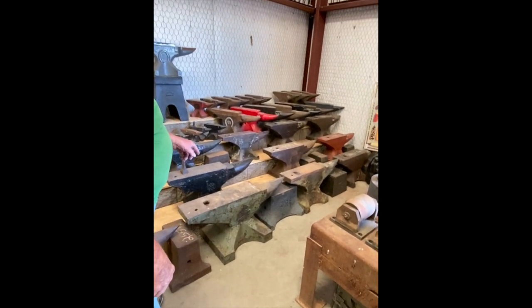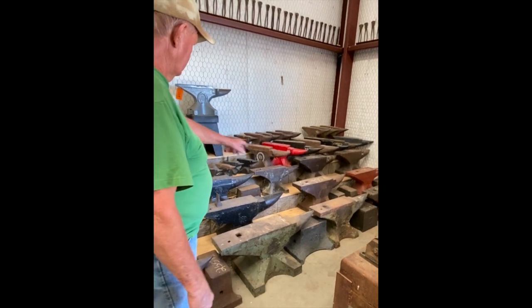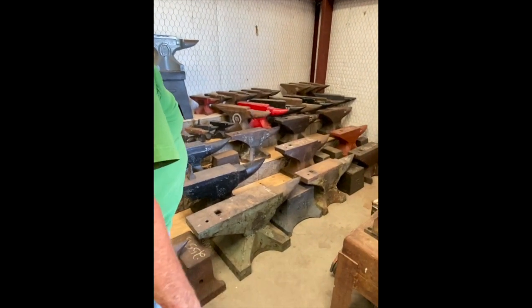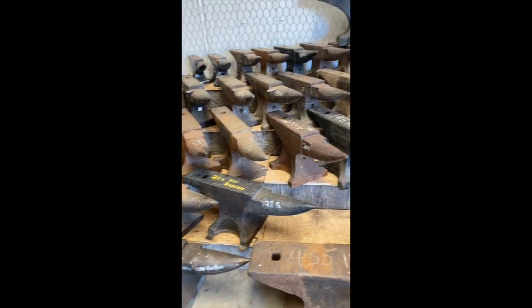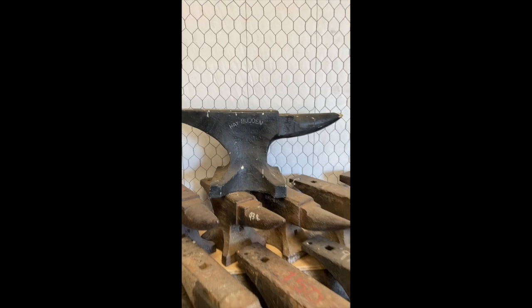Yeah, the numbers wasn't that good, they rubbed out when we were moving it. And there's some sawmaker animals in there, some little ones. Actually, I've sold 3 animals out of this group this week. One little 20-pounder and 2 70-pounders up there on top. A 52-pound Trenton. And then I meant to take a picture of it, but it looks just like this. But it's about